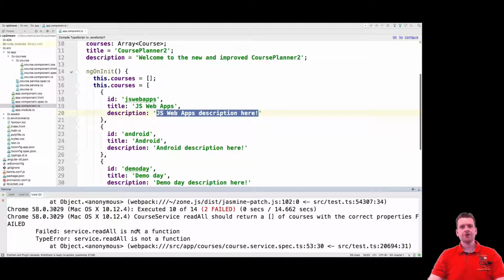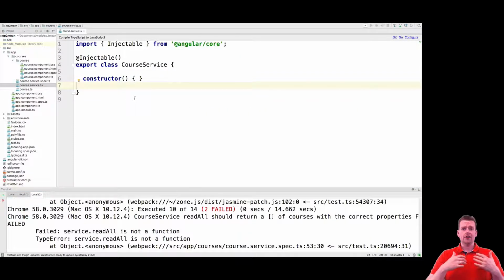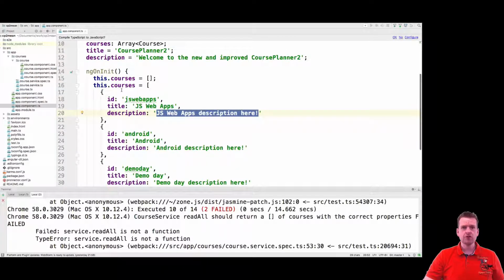Welcome back. So let's add our first function inside our service. And the first function is just going to read all courses from the service. Right now it's just going to be a stupid list, a stupid array like the one we have right here. Just a basic array, that's what we're going to return, but later on we're going to return an actual array